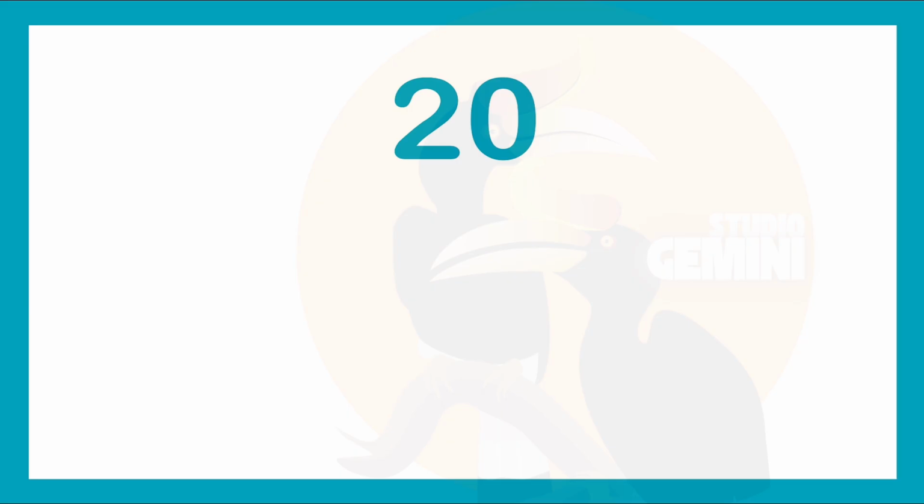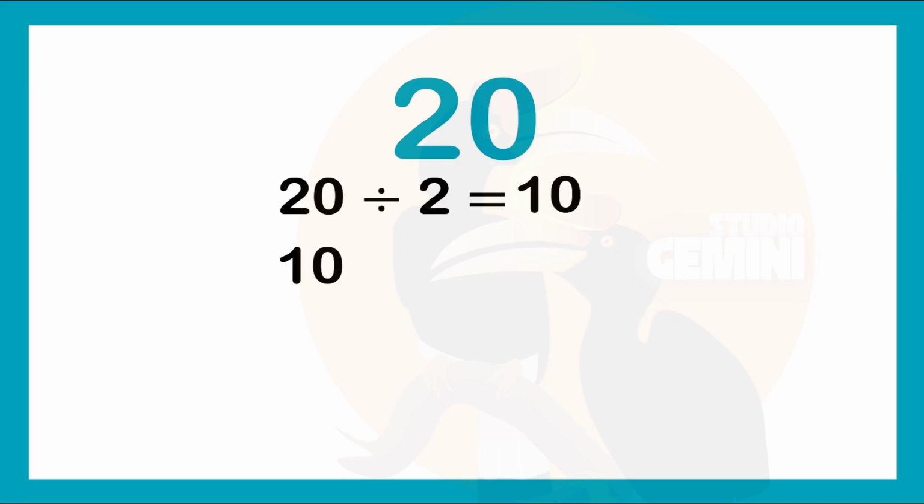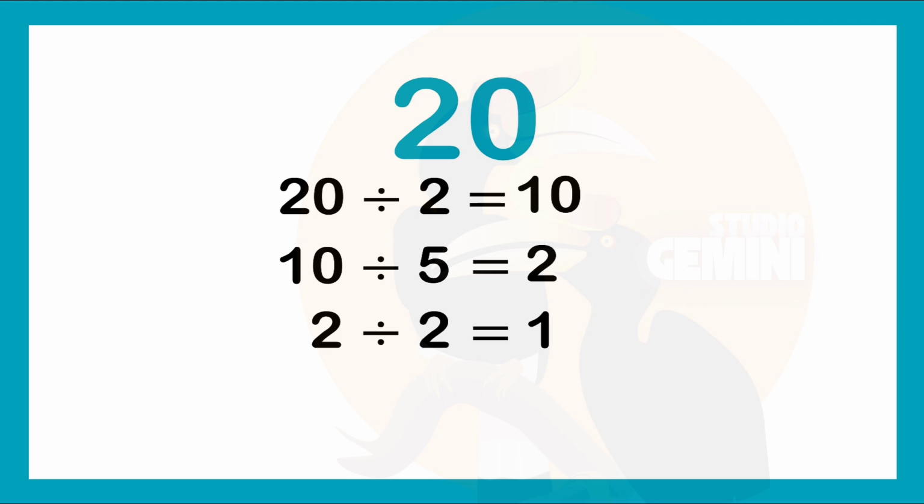But for this example, let's begin by dividing 20 by 2, which is 10. Now we will take our quotient of 10 and divide by a prime number again. Let's solve 10 divided by 5, which equals 2. Remember, we want to reach a quotient of 1, so let's repeat this process. The only prime number 2 is divisible by is 2. 2 divided by 2 equals 1. Now that we have reached a quotient of 1, let's look at the prime numbers we divided by. 2, 5, and 2. 20 equals 2 times 5